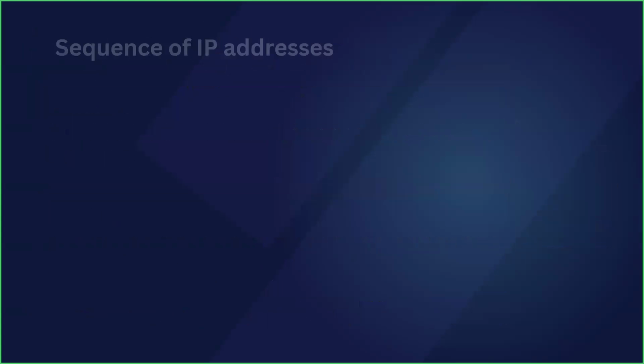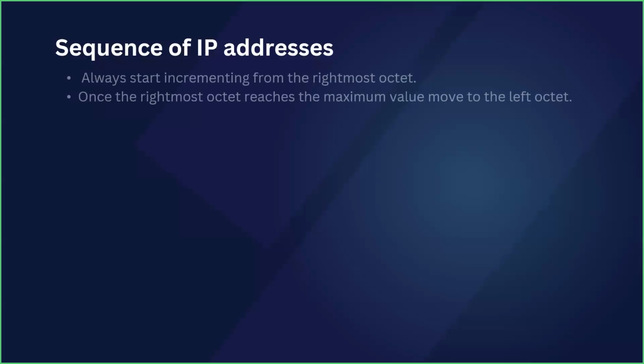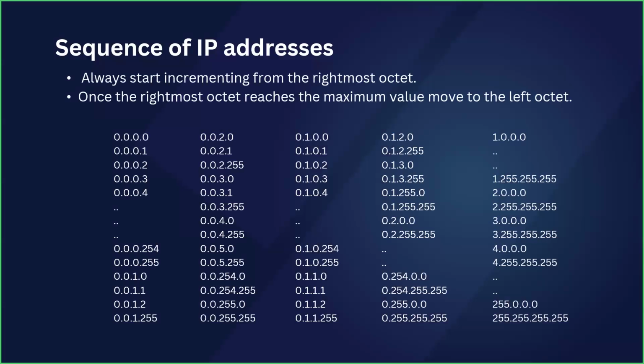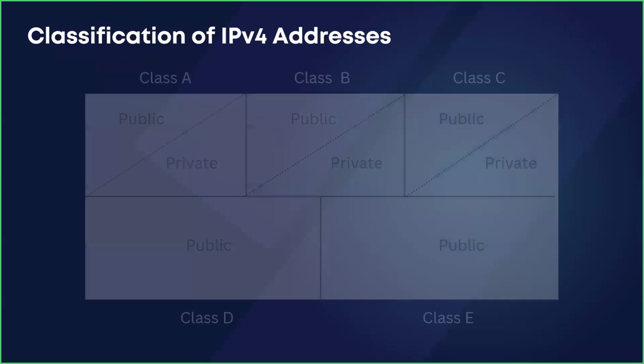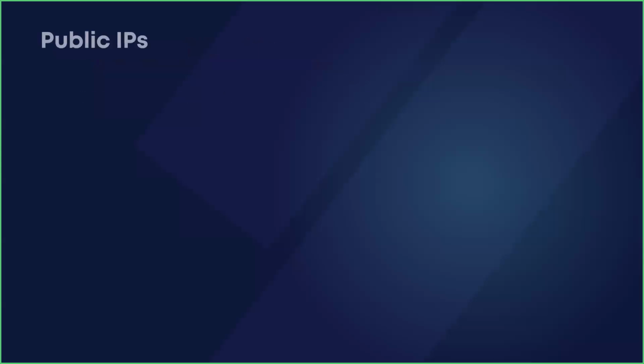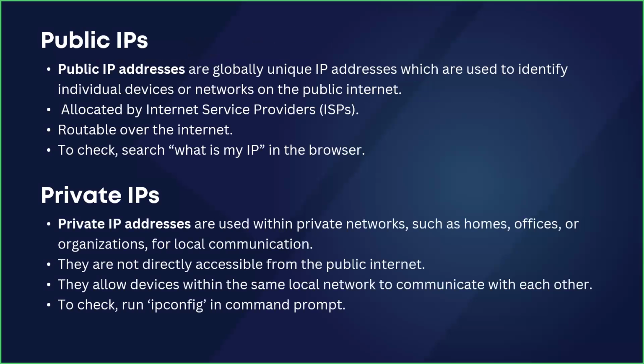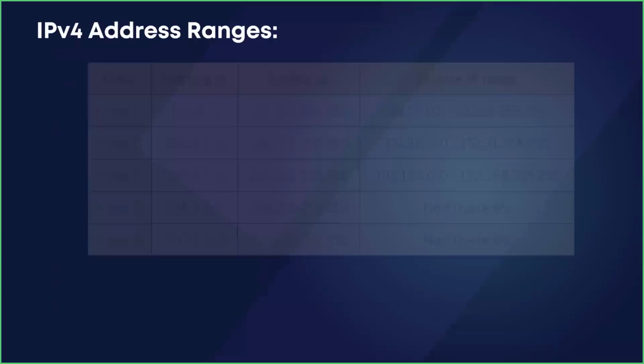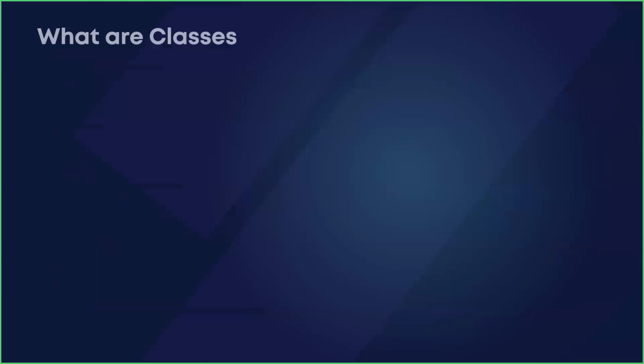Right. And we've also covered the sequence of IPs. What is the first IP? What is the last IP? What are the IPs in between? How do they progress one after the other? And then we talked about the classification: what are the different categories of IPs, what are public IPs, what are private IPs. Today, we have to go through the ranges of each of these, and we also have to learn what